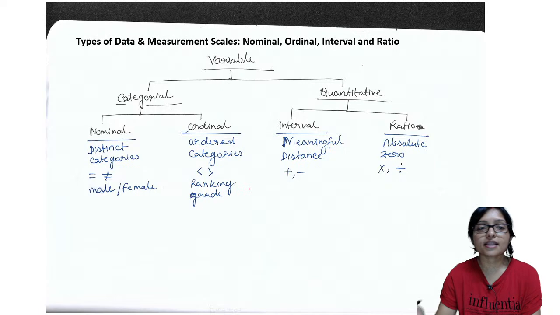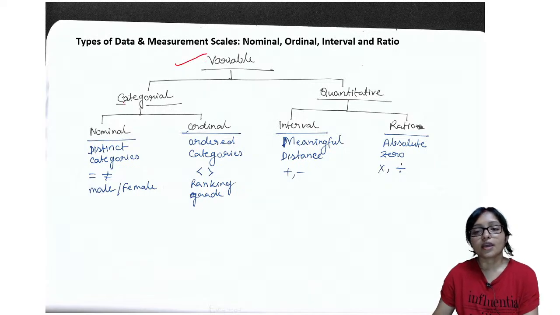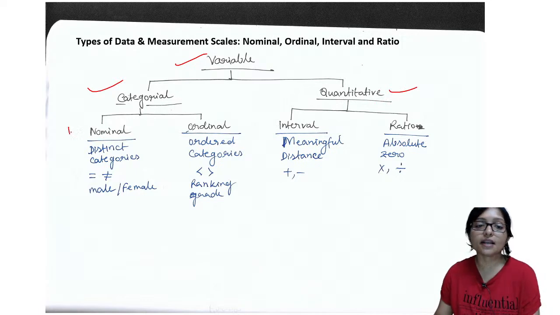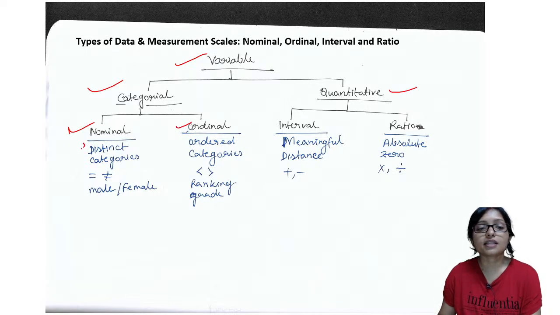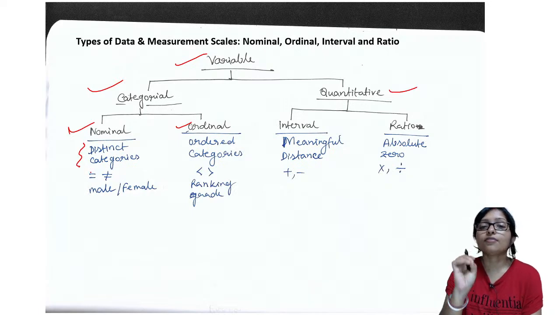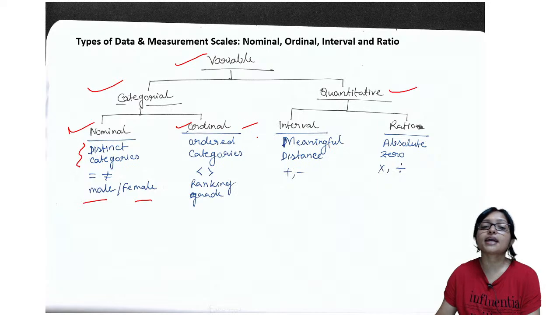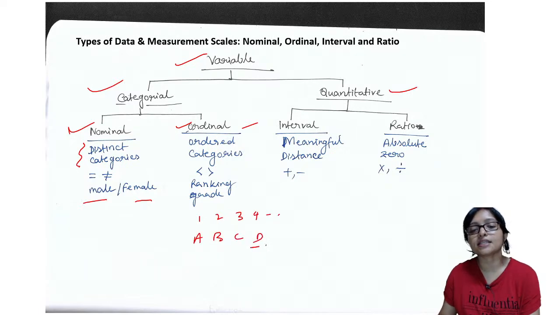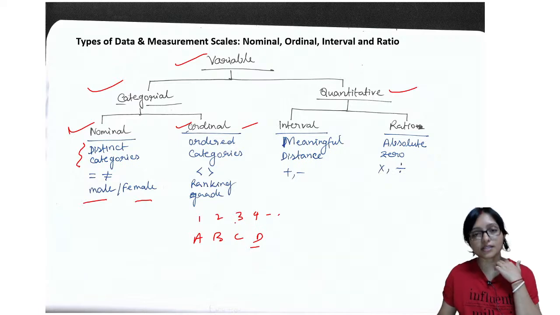Okay. Now see that these are the different types of variable: categorical variable, qualitative variable, quantitative variable. Categorical means nominal, ordinal. These are distinct categories. Nominal categories means you are giving a label, labelled with a name, like male, female, this is a category. Ordinal means there is ordering, like a ranking system or a gradation system: 1, 2, 3, 4, 5 or grade A, B, C, D. According to order you are going to measure the variable, that is called the ordinal.